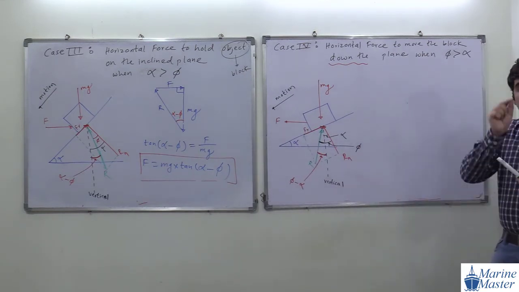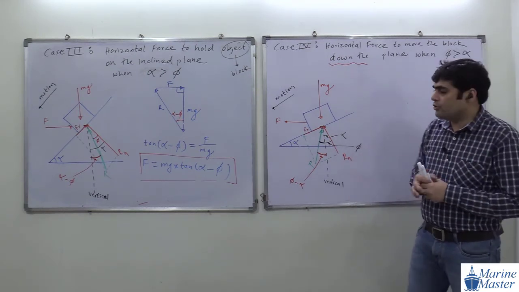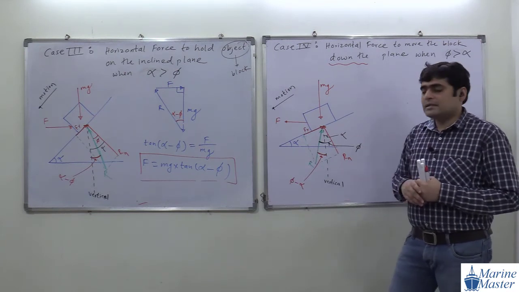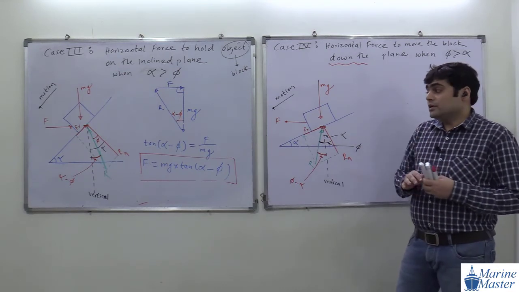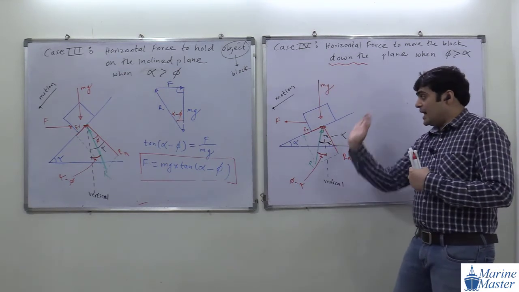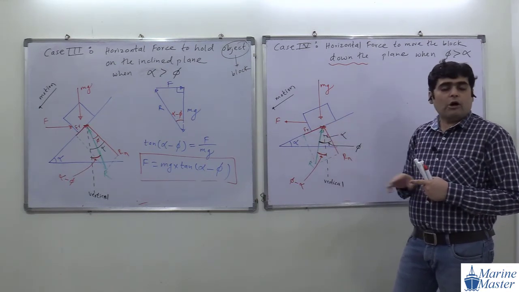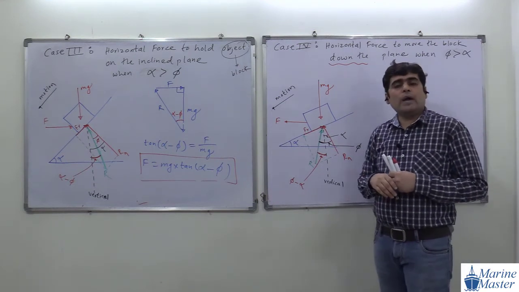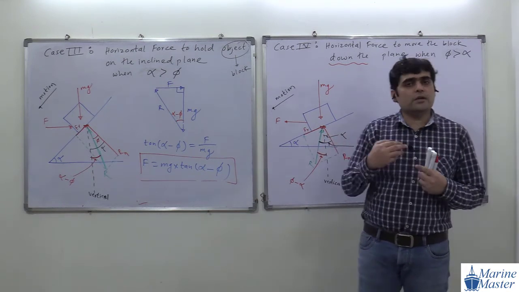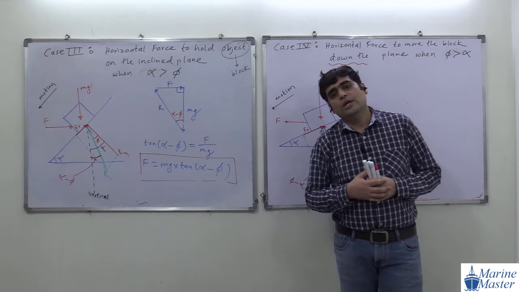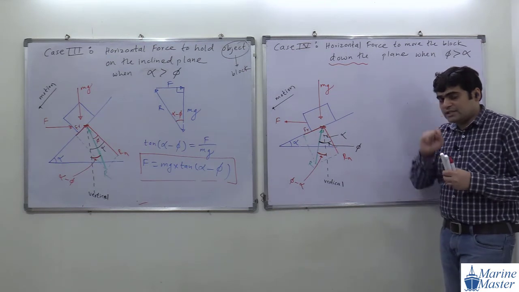Now, how to draw the force vector diagram for this scenario, guys? Initially, how many forces do we have here? 4 forces. But out of these, we replaced 2 forces by R. Finally, we have 3 forces. And if a coplanar concurrent 3-force system is in equilibrium, they will form a closed triangle. Okay, try to see the scenario here.